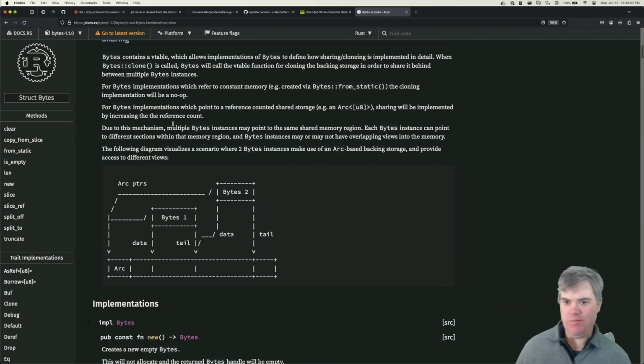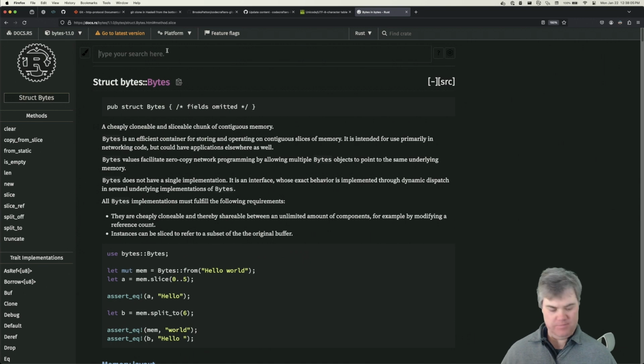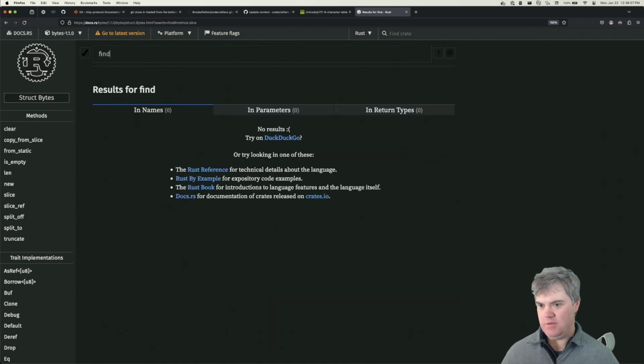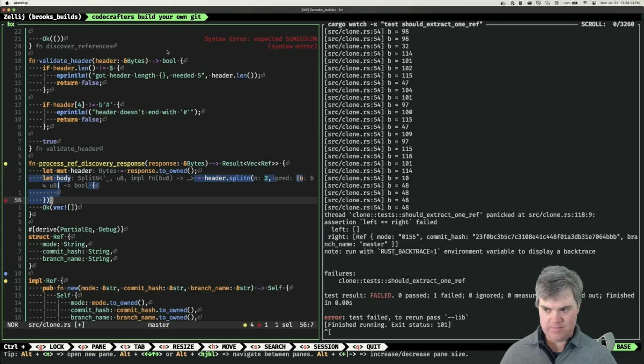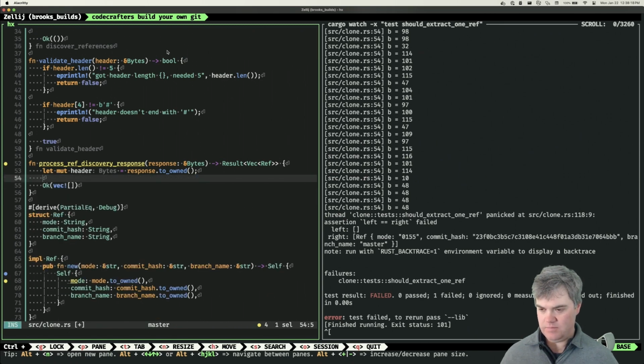It's not helpful. So there's no find, there's no search. Okay, so this is gonna suck because that means I have to count